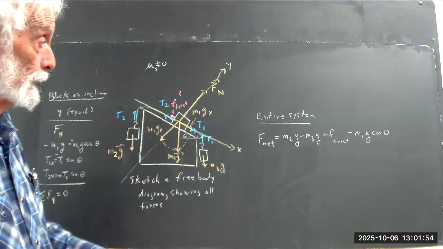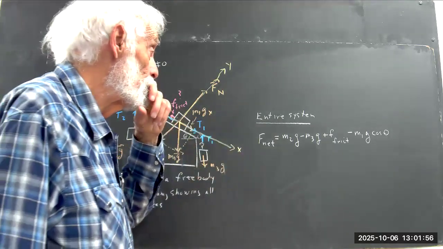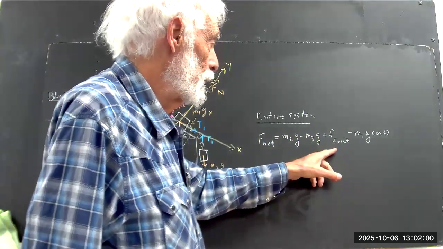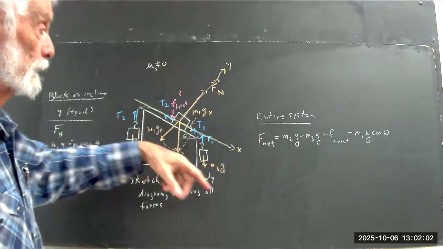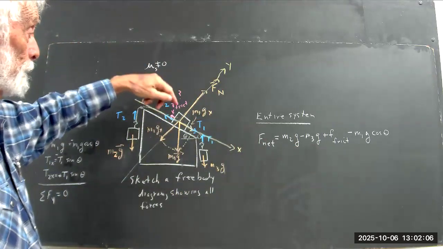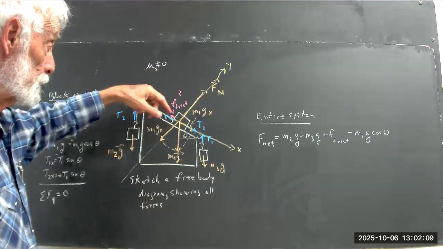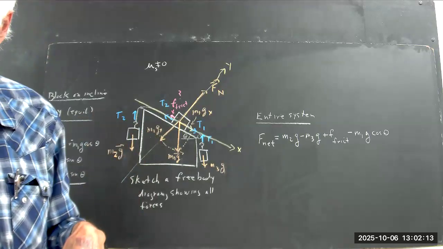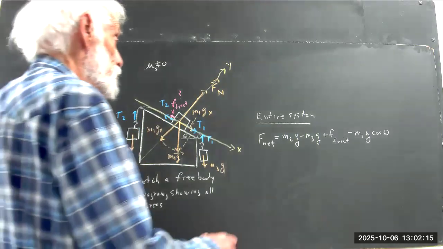Well, we have this. There's your net force. We know this, we know this, we know this. Now we'd have to calculate the friction as less than or equal to mu s times your normal force. Okay. So we can then say that this is